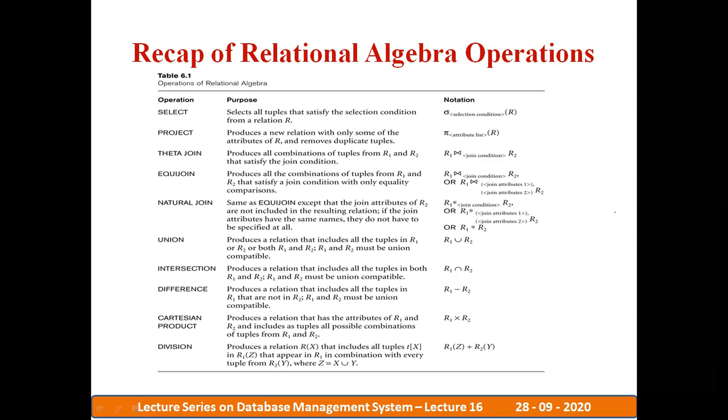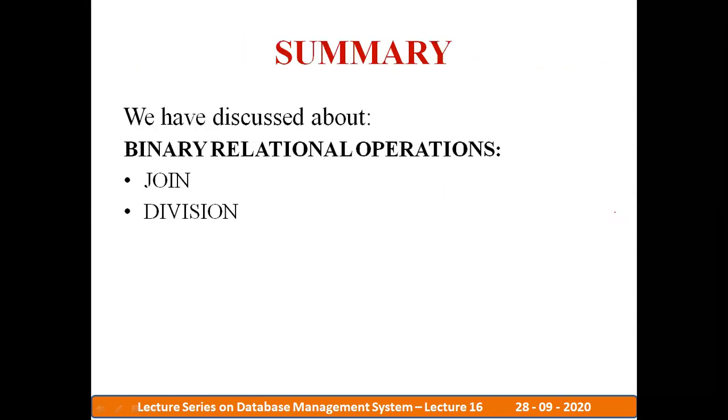Then after that we have discussed the join. In the case of join, we discussed the theta join. In the case of theta join, you can use less than, greater than, equals to, and or. But in the case of equijoin, you must only use the equality comparison. Then we discussed the natural join. To perform the natural join, one column name should be the same in both relations R as well as S. If the column name is not the same, then first you need to perform the rename operation. Then we discussed the division operation. So thank you.